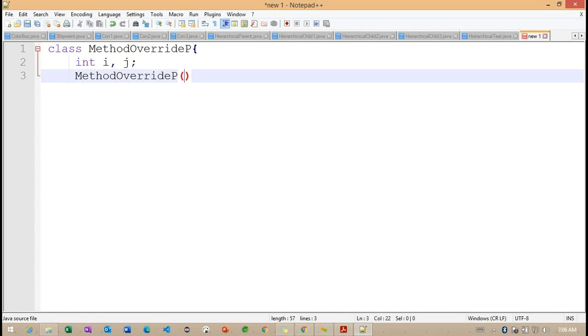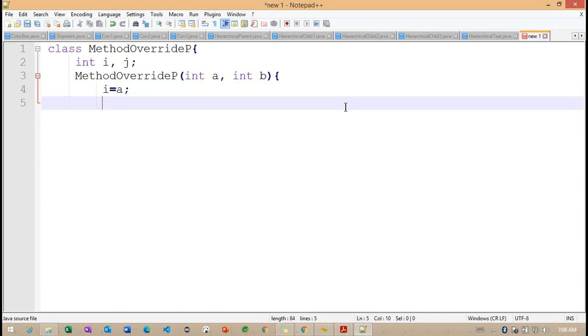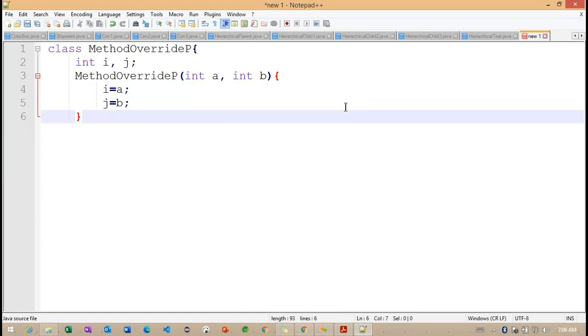In MethodOverrideP, I define a constructor that takes two parameters, int a and int b, with i equal to a and j equal to b.